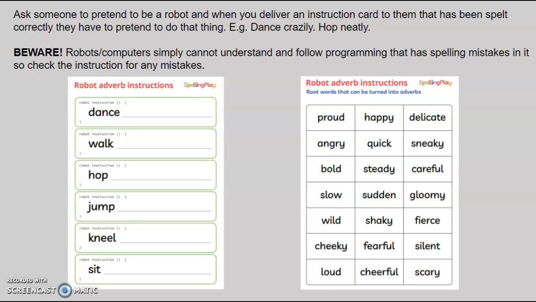Because we know that when we use adverbs, it's telling someone how to do something, in that manner or that way. So here you've got dance, okay? You need to write an instruction here. It could be like the example I've given here, dance crazily. Crazily is an adverb, or it could be hop neatly. You have hop here and you might add neatly. So you are going to ask someone to pretend to be a robot, and when you deliver an instruction card to them, these are the instructions here,